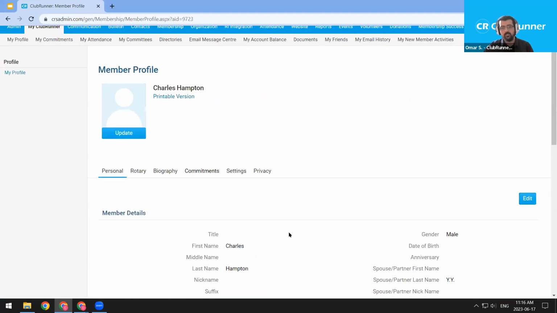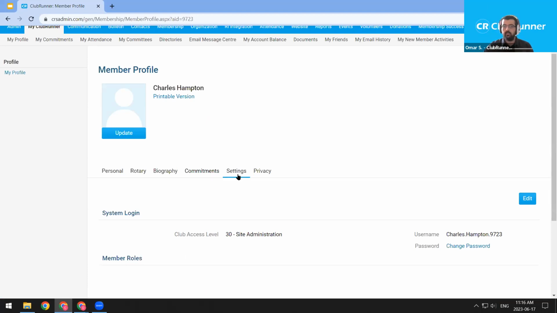For access, we're going to click the settings tab just below the profile. As soon as I click settings, club access level is on the left side. We can see I have that 30 site administrator access level. You'll also be able to see your own username in your profile and change it, as well as update your own password. And administrators are able to assist with changing your username or resetting your password to something else once